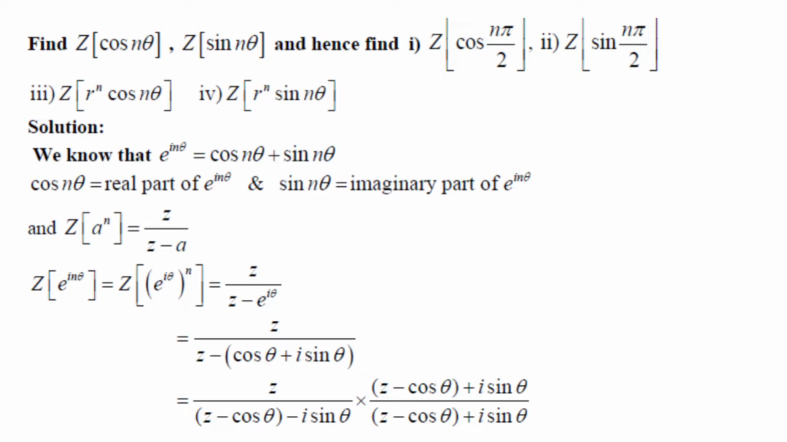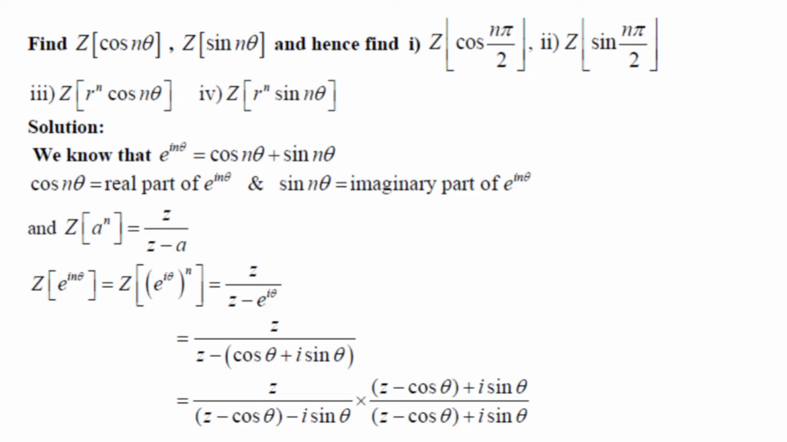We know that e power i n theta is equal to cos n theta plus i sin n theta. So cos n theta is equal to the real part of e power i n theta, and sin n theta is equal to the imaginary part of e power i n theta. And Z of a power n is equal to z by z minus a. Put a equal to e power i theta. Then we get the form z by z minus cos theta plus i sin theta,